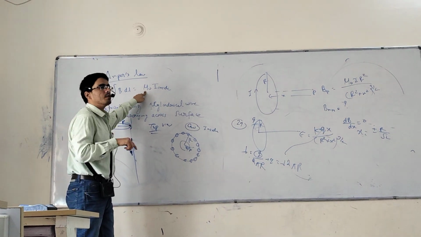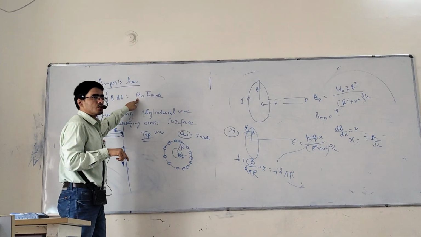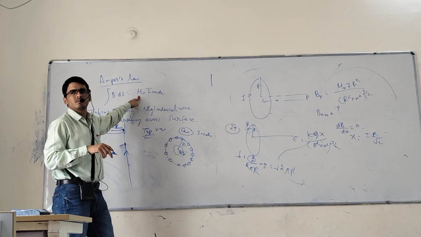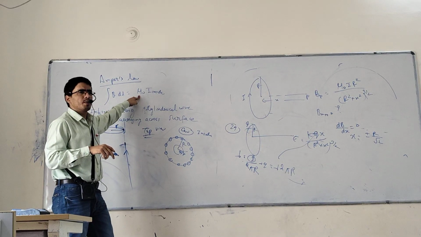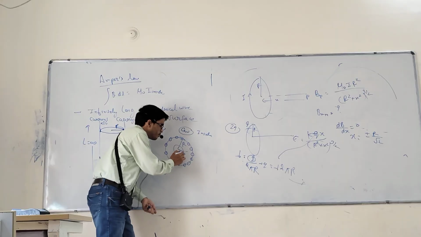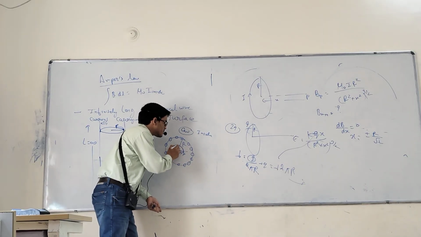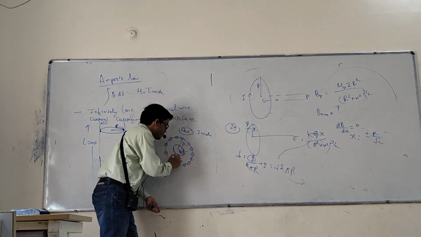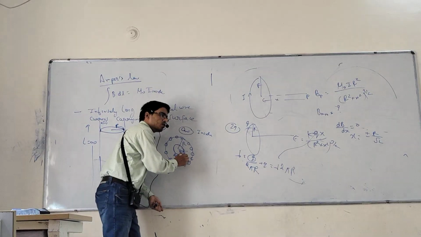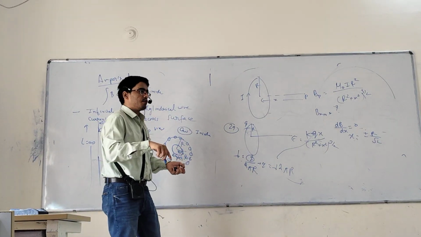Upon Amperian loop, that is called. So Amperian loop, that is always a circle. Many times a square also, but always take a circle. That is point B inside now. Draw here one circle, that is called the Amperian loop. You got my point? You know Gauss law, Gaussian loop, Gaussian surface.